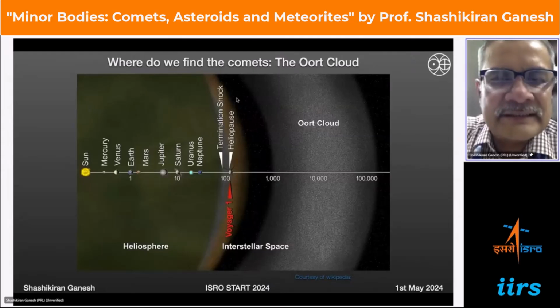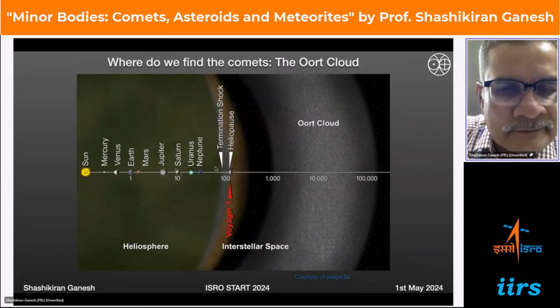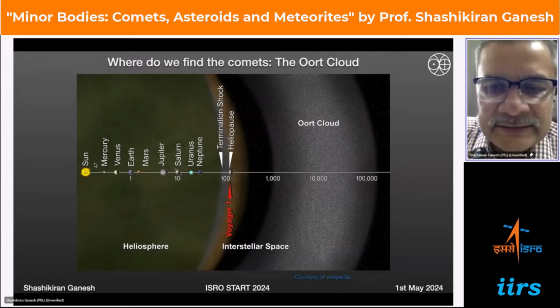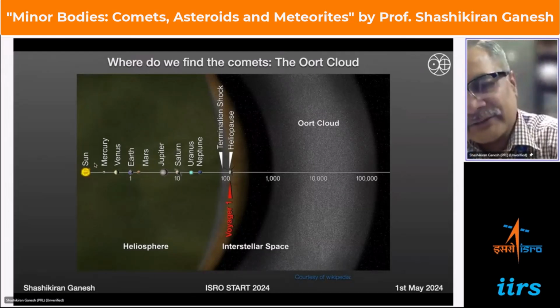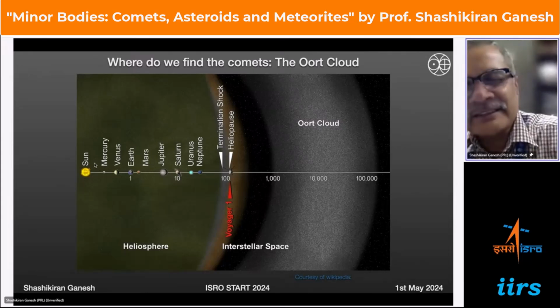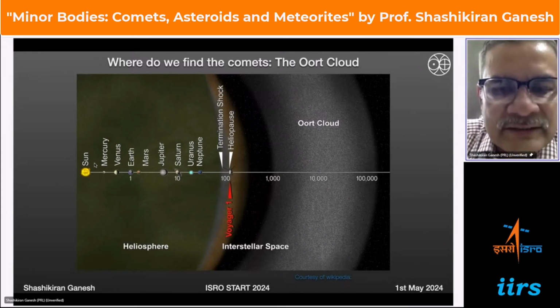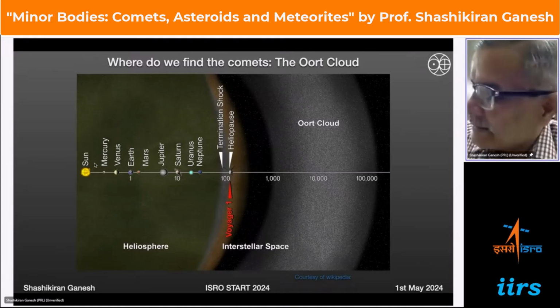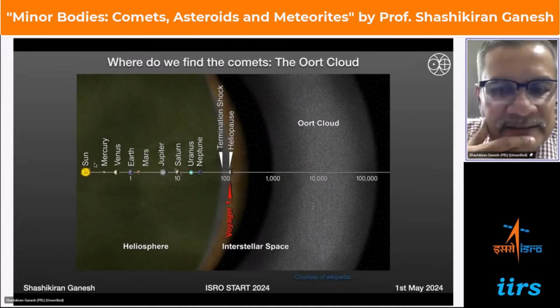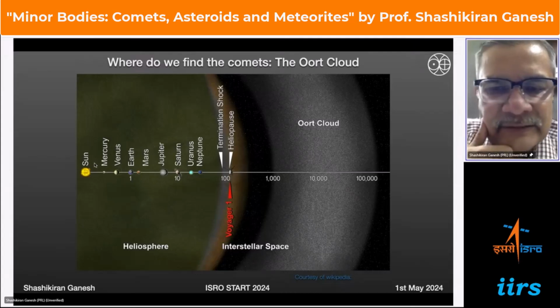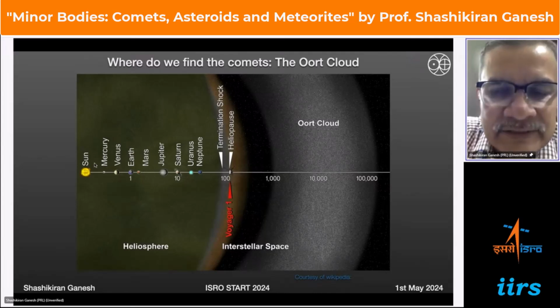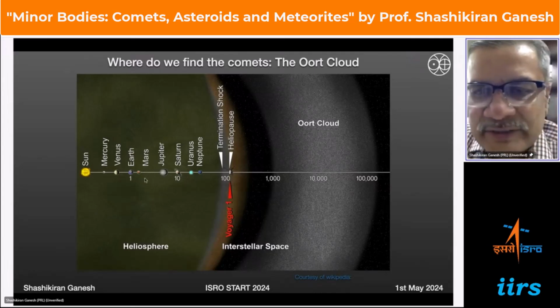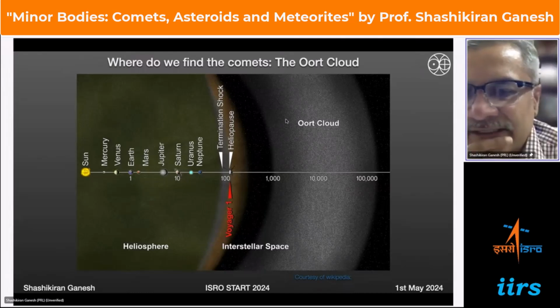You can also look at how the comets are coming from their distribution in inclination. If you look at the inclination, you find that most of the long period or single apparition comets come from spherically symmetric directions. As far as the solar system is concerned, they can come from any direction. Based on that and on the very large semi-major axis, it was proposed by Oort in the 1950s